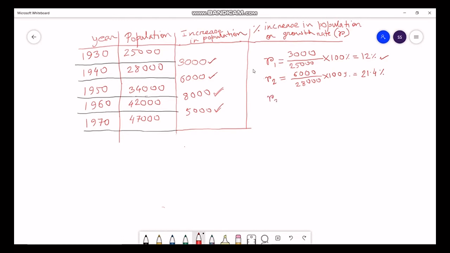Same we get R3. So we calculate this by dividing 8,000 by the population in 1950, that is 34,000, into 100%. We get the growth rate as 23.5%